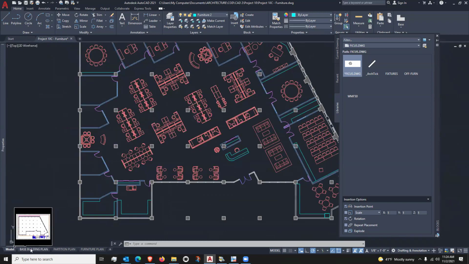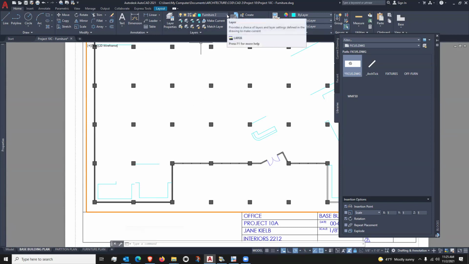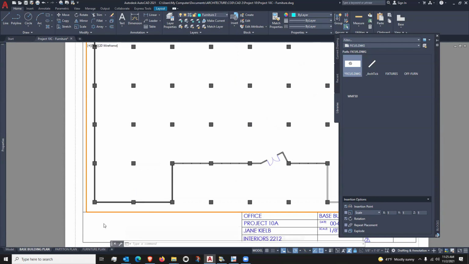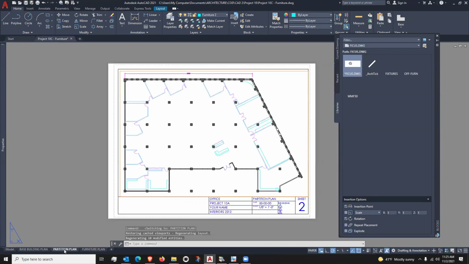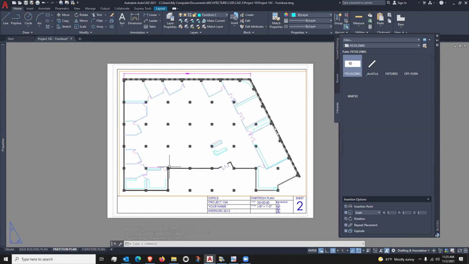So back in our base building plan, I do see the millwork here, and obviously we don't want to see that. So I'm going to double click. So I'm in model space, and then I can either use that freeze button, which I used before, or if you prefer, go drop down here and then freeze in the current viewport. I'll click on that, then click off it, and it's frozen. And I'll go back into paper space, go back into this one, and actually,